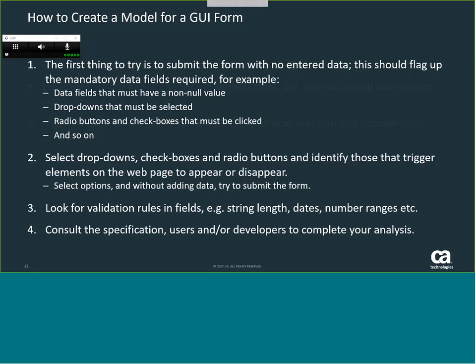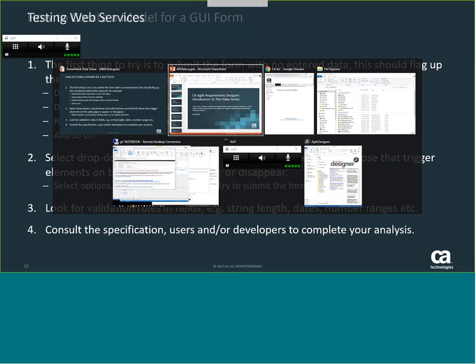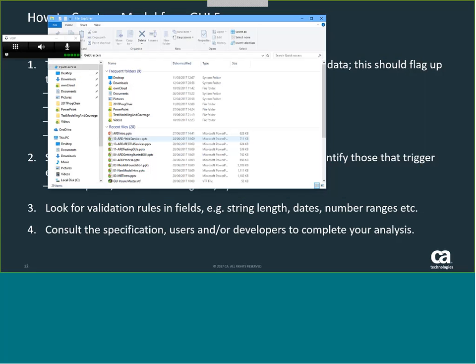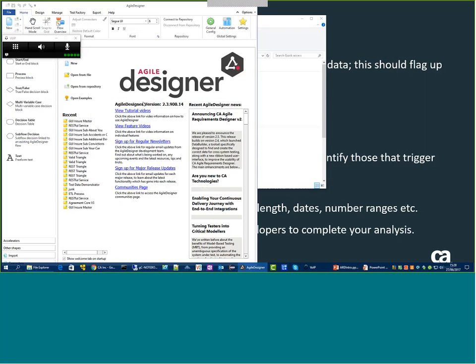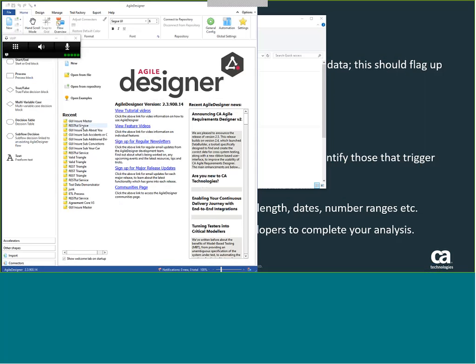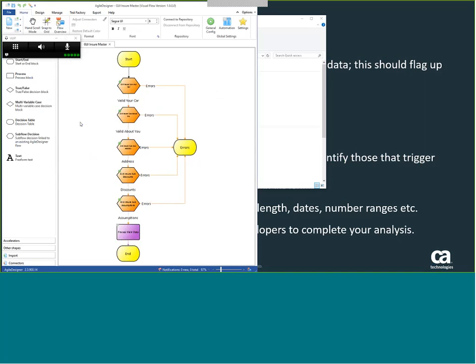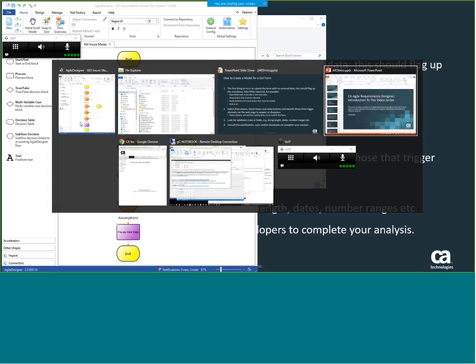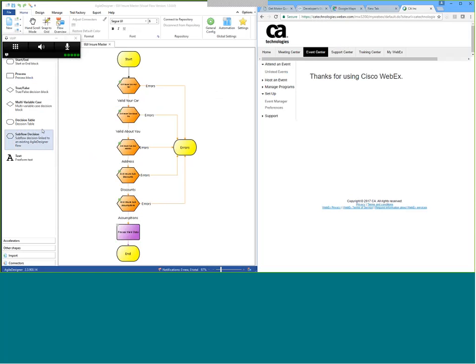So I think if I just flip to ARD, I'll get to my directories first. So here we are in ARD, and what I'm going to show you is just the model, but I'm going to show you the application it represents. And if I go into my browser, which is no, that is. So if I come into